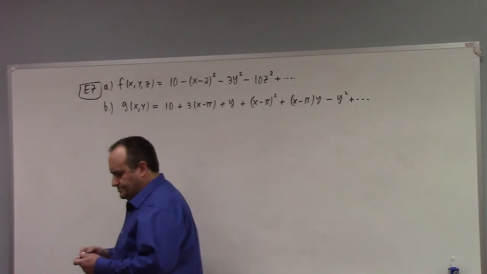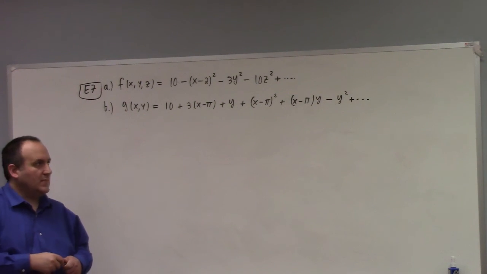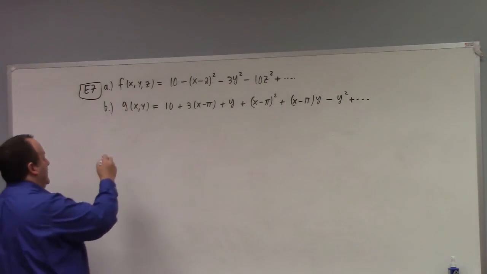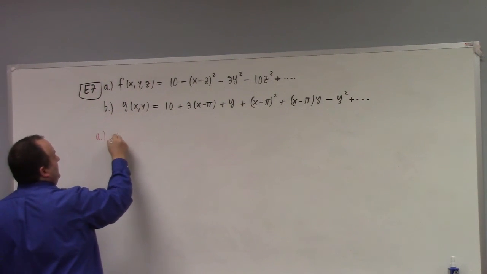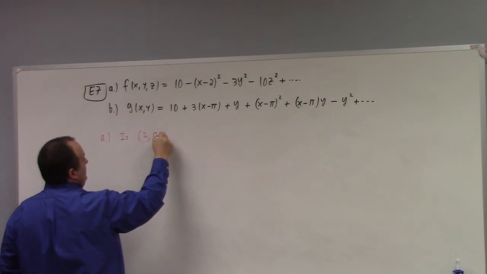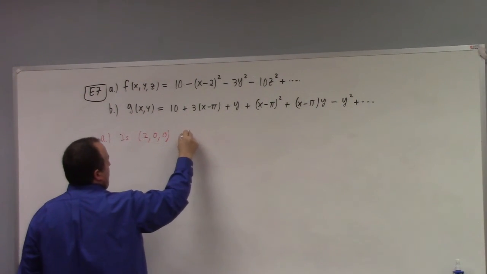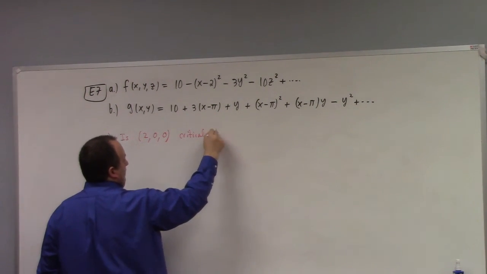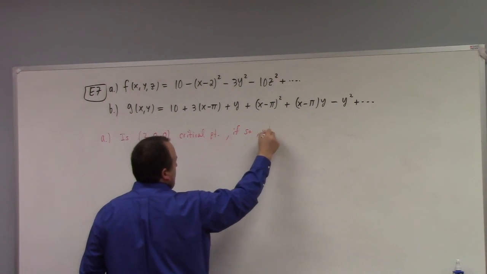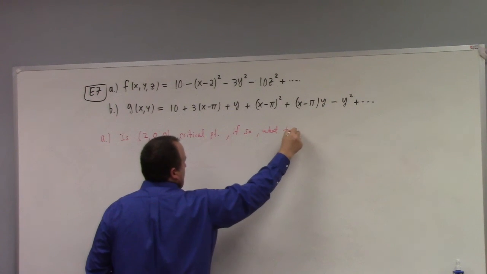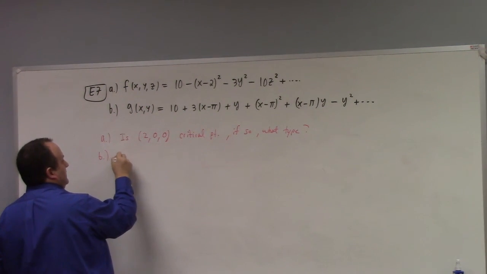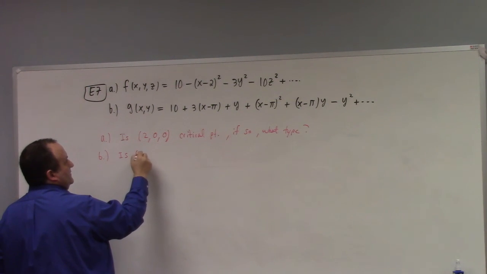So the question here is, for part A, my question is: is (2, 0, 0) a critical point? If so, what type? And part B, my question again is, let's say pi